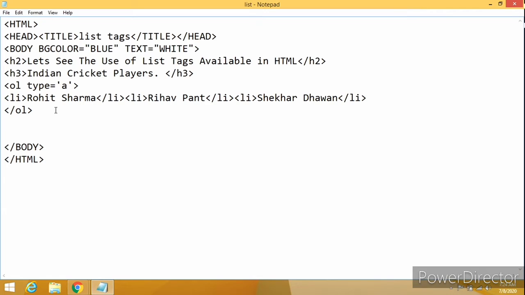Here I have taken the players' names who are the batsmen. Now I'll be creating the unordered list where we'll have the bowlers' names. So to get the unordered list, you have the tag UL.